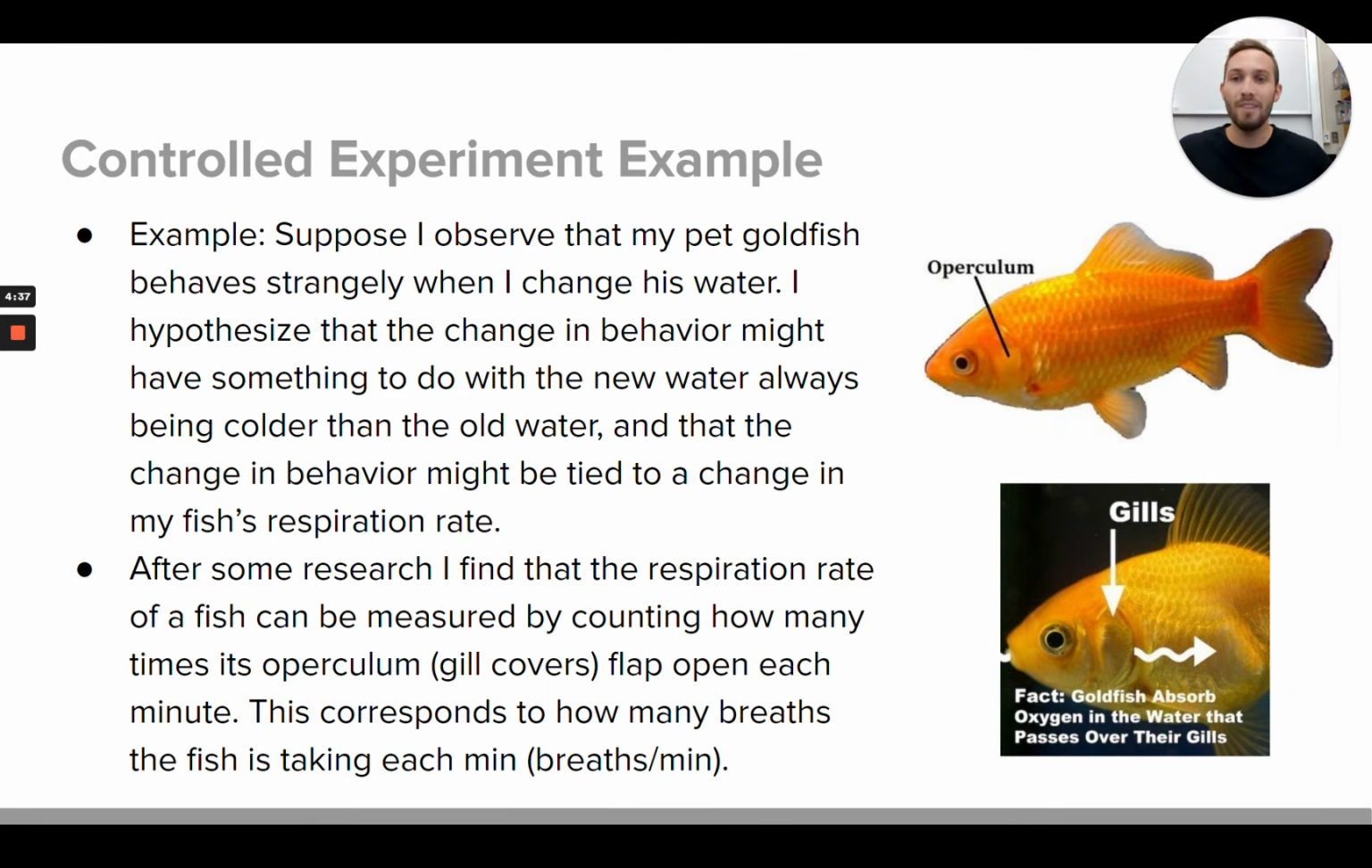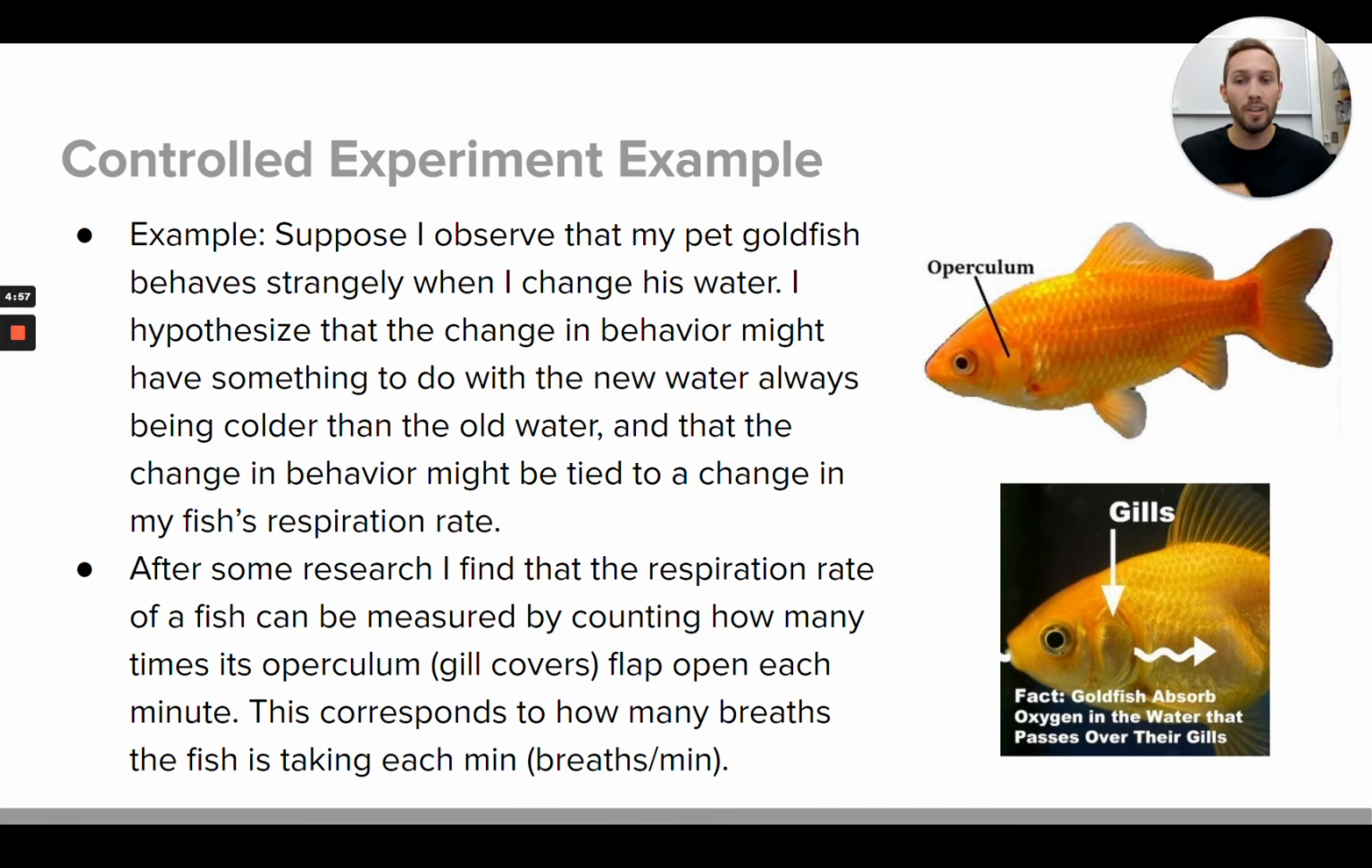And that change in behavior that I am seeing in my fish when he starts behaving all weird, I think it might be linked to his respiration rate, in terms of how much he's breathing in and using his gills to get oxygen from the water. And so after some research, I find that respiration rate of a fish can be measured actually by counting how many times its operculum,